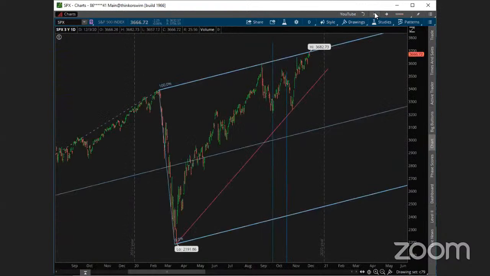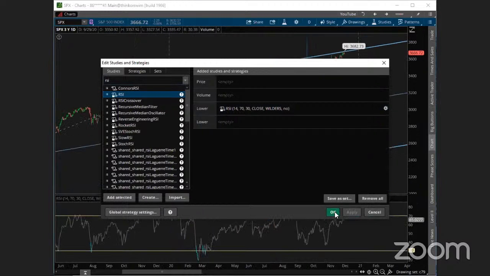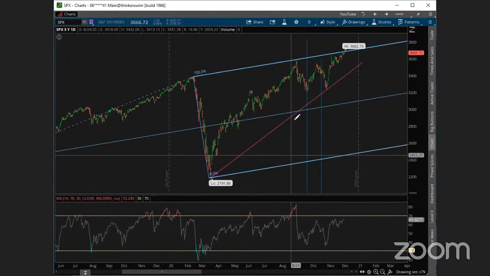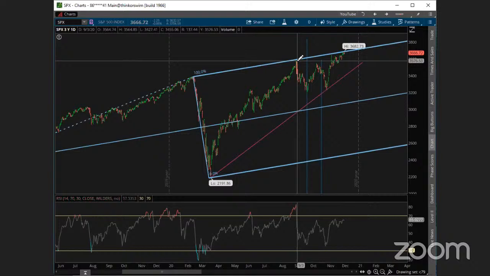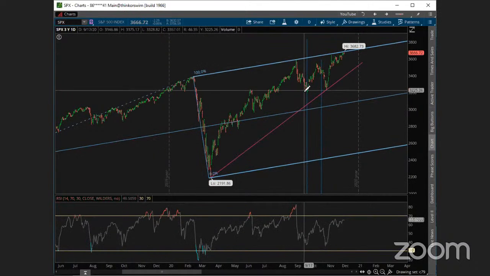So let's actually take a look here on the daily chart. If we go back up here where we got to the daily chart, let's take a look at the difference between here and now. We can see once we put up the RSI on here what the difference is, right? So let's take a look. RSI here. Okay, so at this bounce right here, RSI was very overbought, right? And then we got a nice cross down through these levels, right? And that gave us a nice down move here in the market.